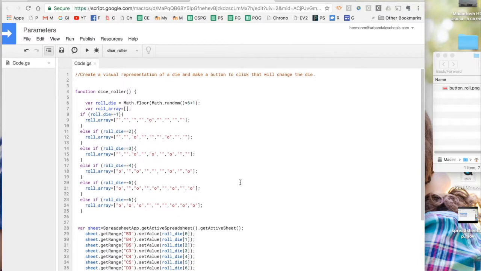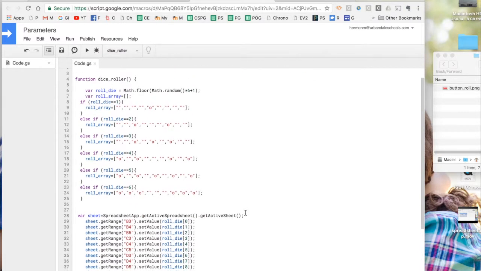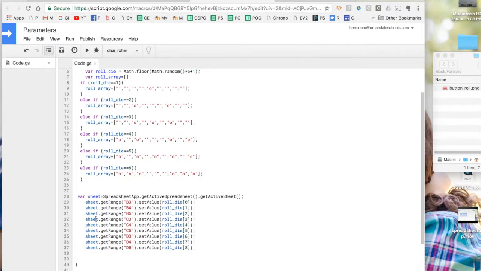Okay, I paused it for just a little bit, and now it probably looks a little bit different. So I deleted the function up at the top, and I went ahead and put it back in down here at the bottom, because I thought I'd maybe show you one more thing here. We're always interested in shortening up the code as much as possible. So there's a lot of lines here, and it's kind of redundant. You're doing basically the same thing from 0 to 8. The only thing is you're doing different cells here. So I was wondering if there's a way I can do this with a little bit less code, and I think there is. I could set up another array,